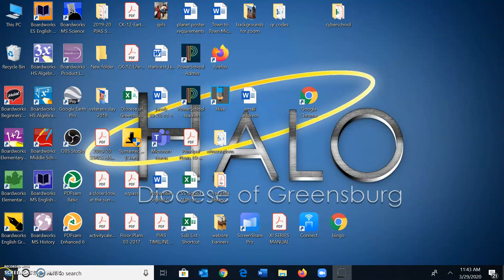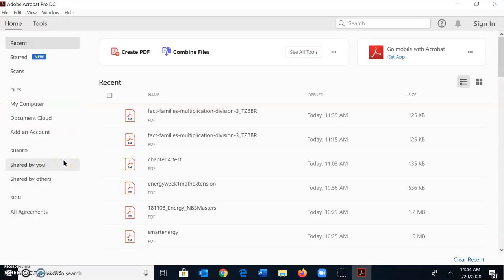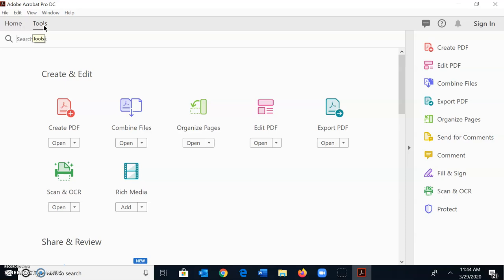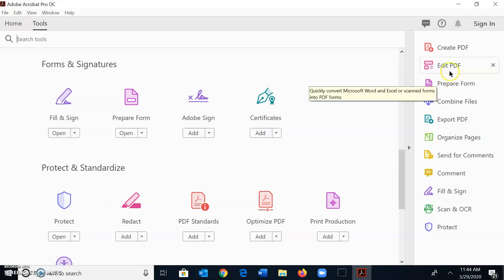So the first thing I'm going to do is open my Adobe Acrobat DC. This first step you'll only have to do the first time that you do this. You're going to click on Tools, and you want to add the Prepare Form tool right here. So I'm going to click this down arrow, click add shortcut, and this is going to come over here into my toolbar. That's going to be way at the bottom, but I'm going to drag mine right up here